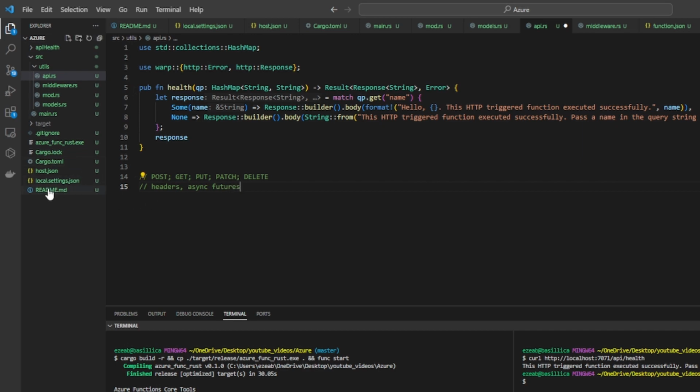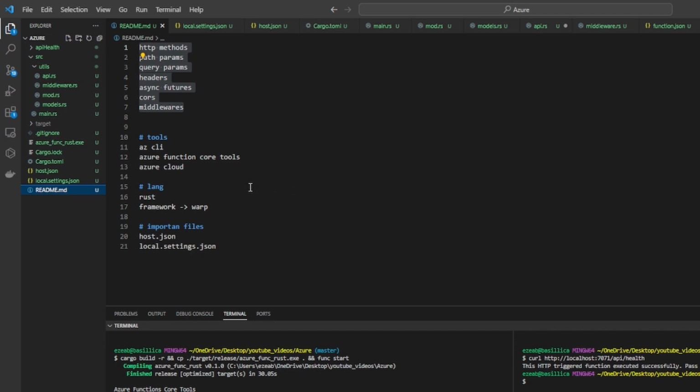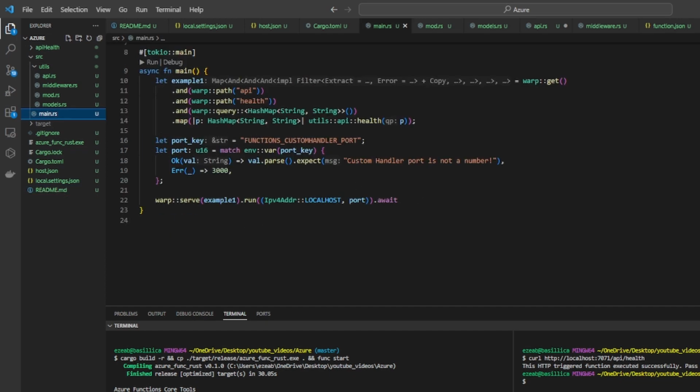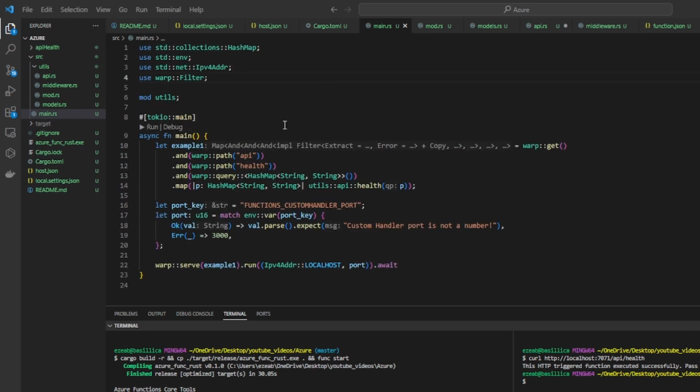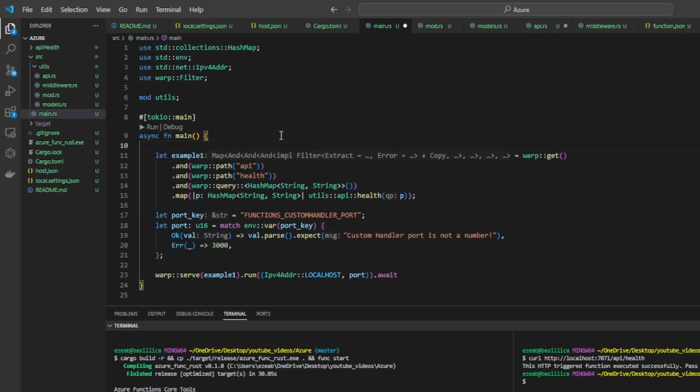So headers, async futures, and cores. You're going to talk about cores. Yep, we can do that. Should be fine. Actually, we can quickly just handle cores for now to keep things as simple as possible. Yes, we can do that. So we can actually come in here in our main function, and we define cores, and this will be from wap.cores,